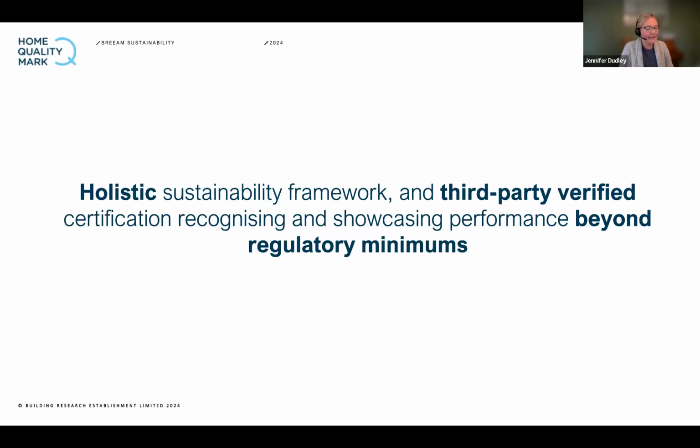So we look at sustainability holistically. Essentially, we have a scheme that offers almost a menu approach of ways that you can demonstrate that you are embedding sustainable credentials within your developments. And in some cases, we will require particular focus or achievement against particular criteria to achieve higher levels. As with BREEAM,